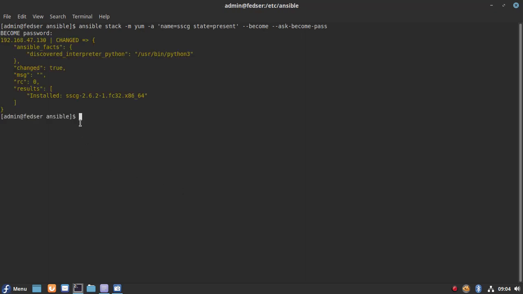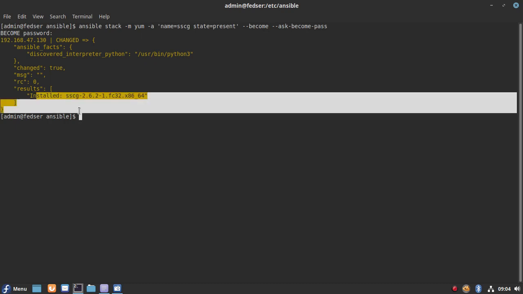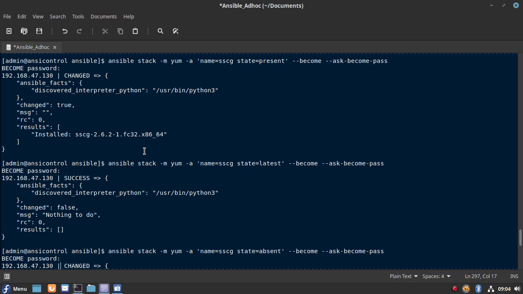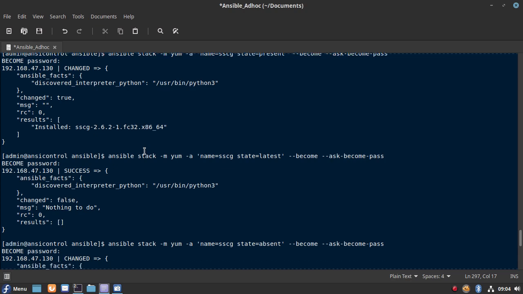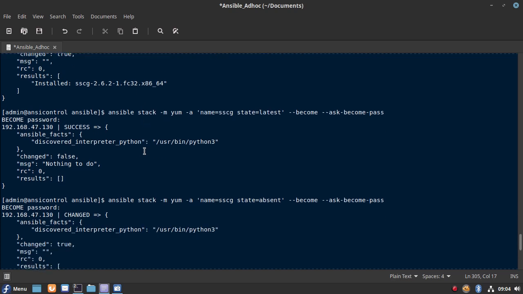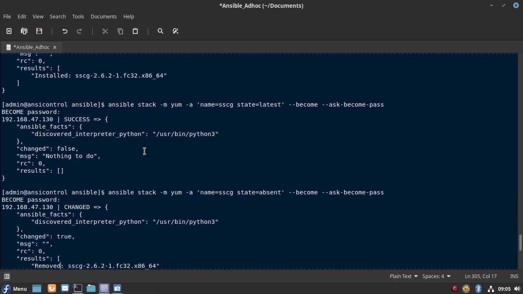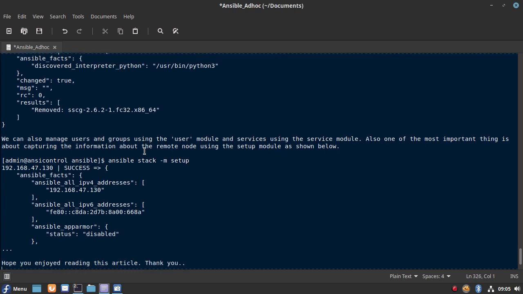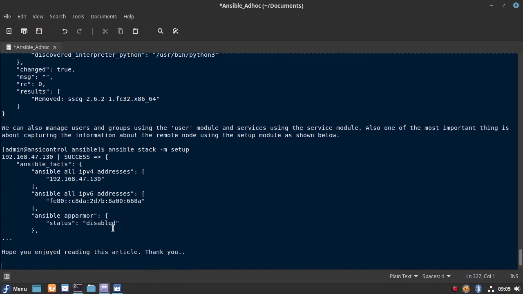Okay, as you can see, it has executed the command and installed the package on the remote node. So this is how you can basically manage packages on the remote node. There are a lot of things that we can do with various modules that are available using the Ansible tool. So these are some of the examples that we have carried out, and the last one which I want to show you